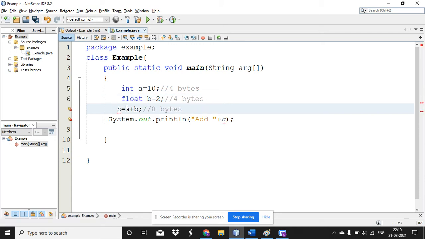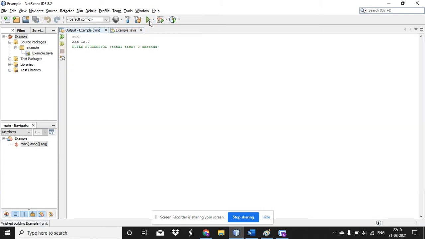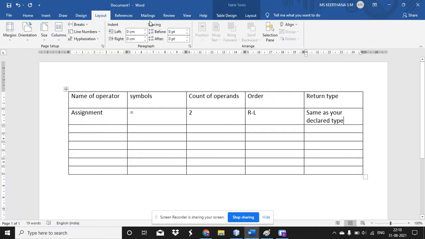So always if you are going to compare integral data type with your float data type, then you should follow the float notation. Okay, floating point notation. Yes. So these are all the small tips to understand your operator.